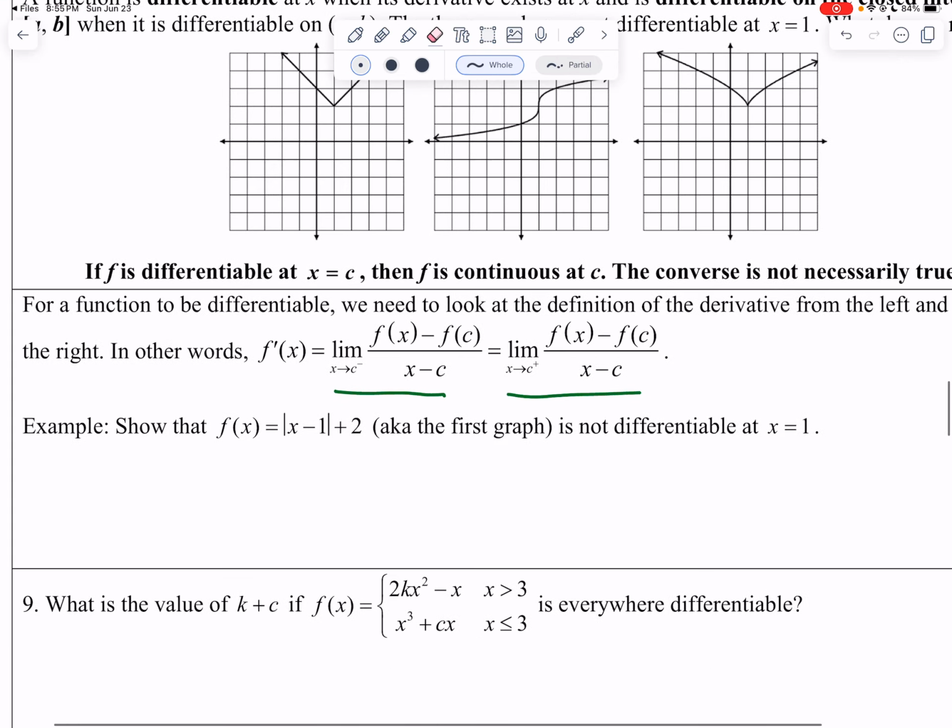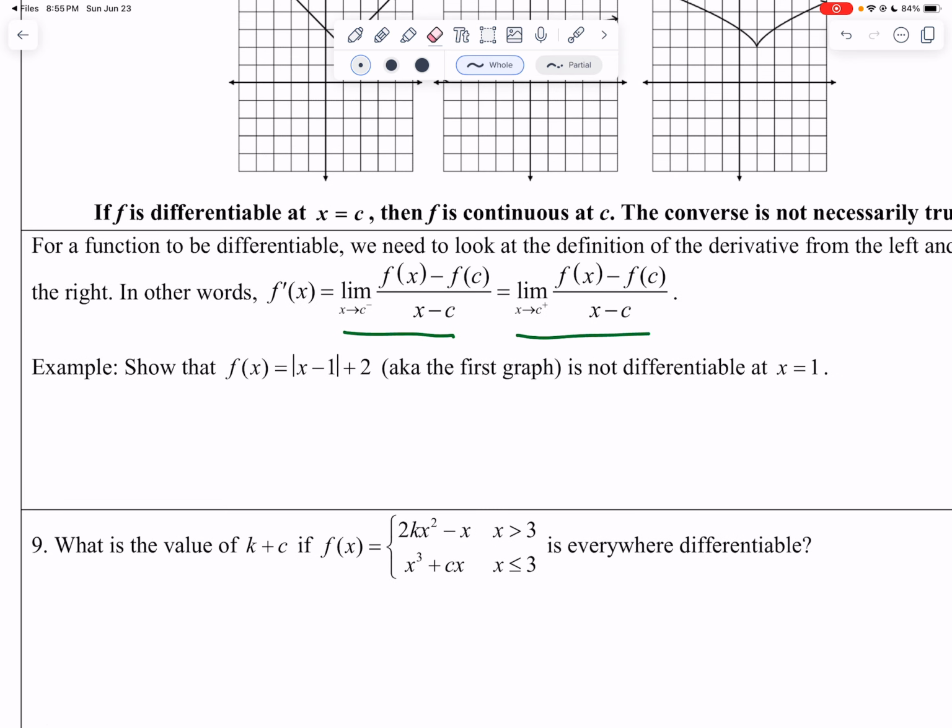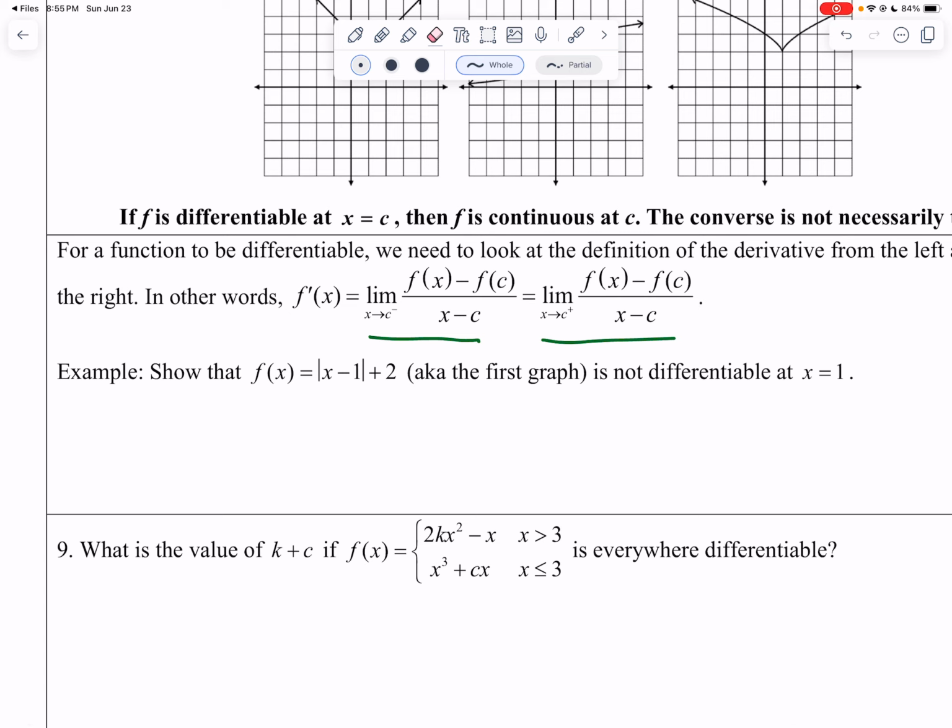So here, it tells us to show that the absolute value of x minus 1, plus 2, is not differentiable at x equals 1. And like I said, if I put this more formally, the limit as x approaches 1 from the left of f of x is -1, and the limit as x approaches 1 from the right is +1. And since they don't match up,